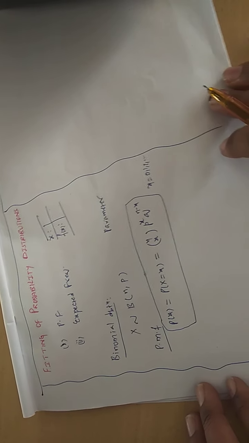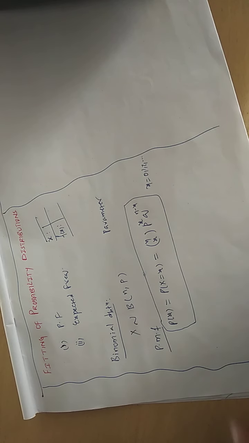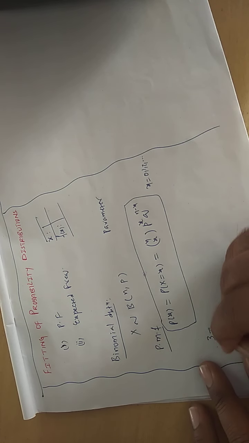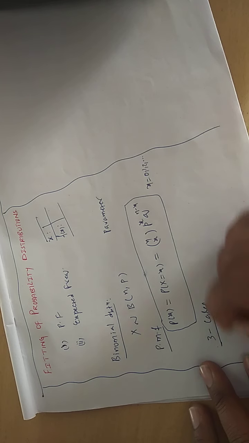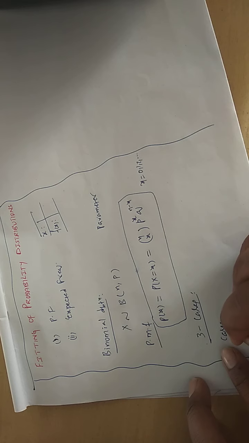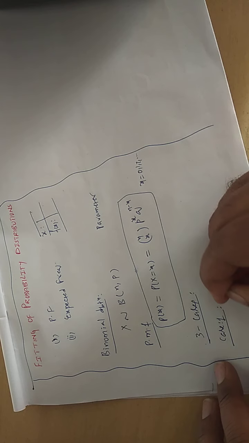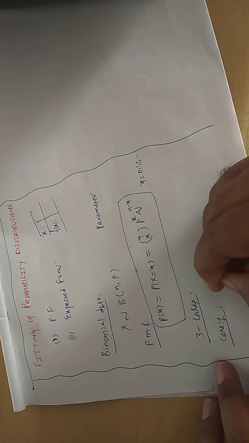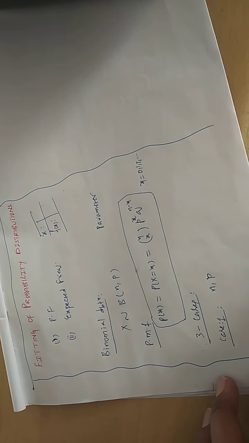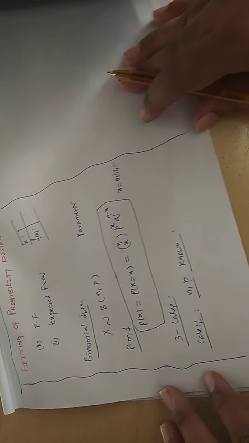Now how to fit the binomial distribution? Whenever data is given to you and you decide to fit the binomial distribution, 3 varieties of cases will arise. Case 1: from the data, it is possible for you to easily grasp the information of n, p. That means whenever n, p values are given to you, that is known. Known means already available.